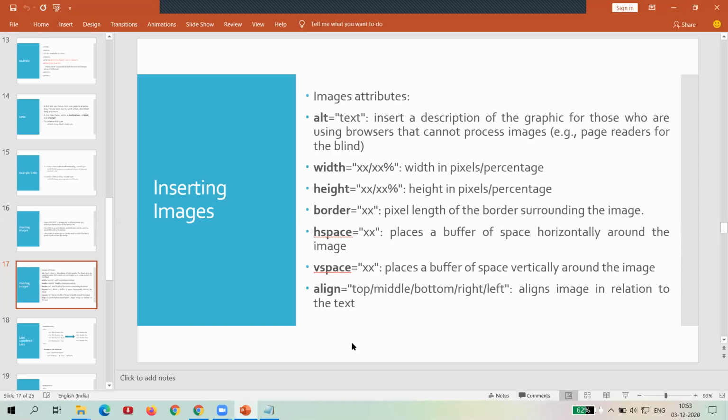In this you see the output, the image will be stable, and with respect to the image the text is shifted. So that we call align top. Then middle, it represents the middle part, and bottom, that is represented at the end.